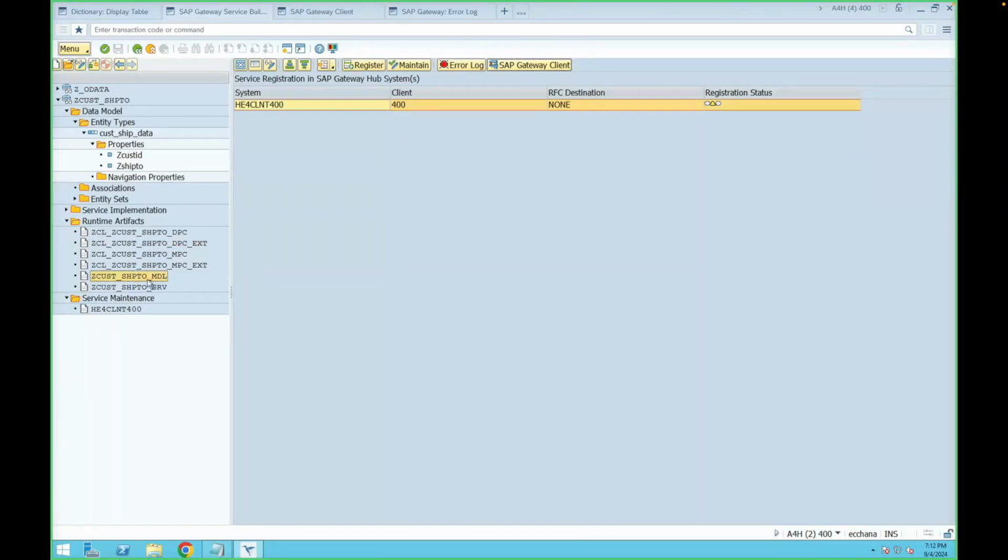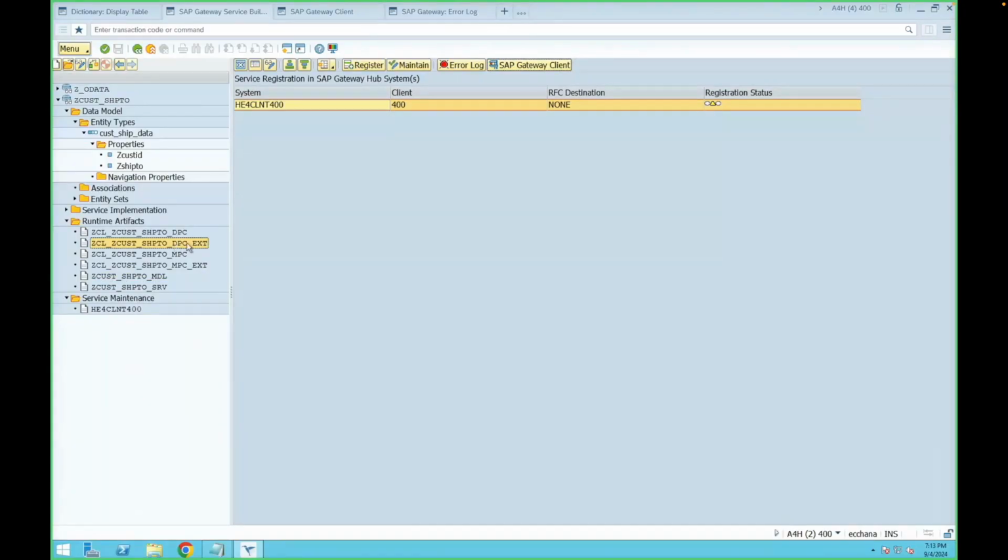Model is where all your data related logic, creation of the entities and attributes, everything will be there in the model. But the logic, function modules, methods, every business related logic will be implemented in